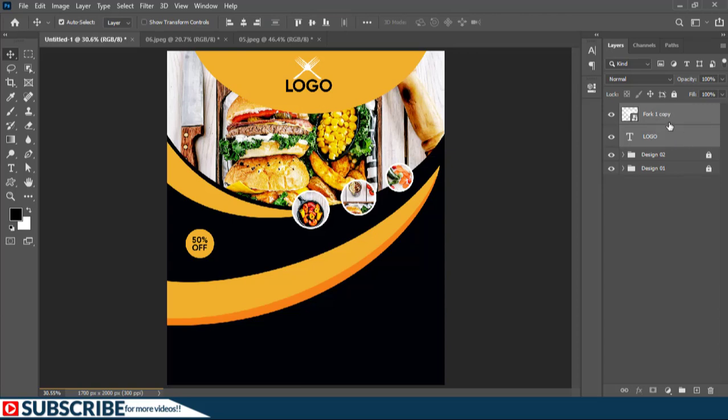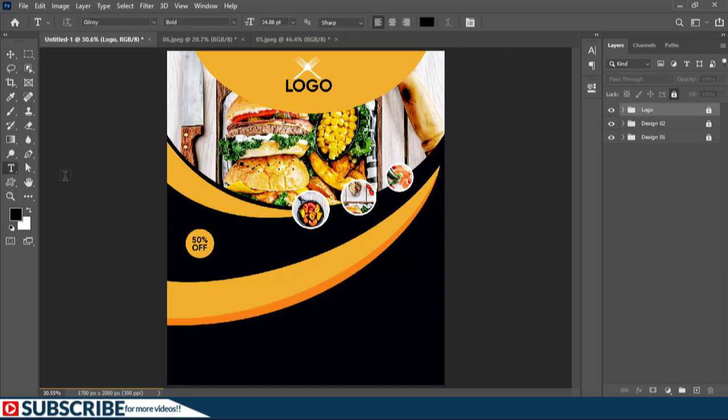Now I'll select the 2 layers, Ctrl G, and rename the group to logo. And since I don't intend to modify this group, I'm going to lock it. Now I'll just go ahead and add some random text to it to make it more interesting. With my text tool,